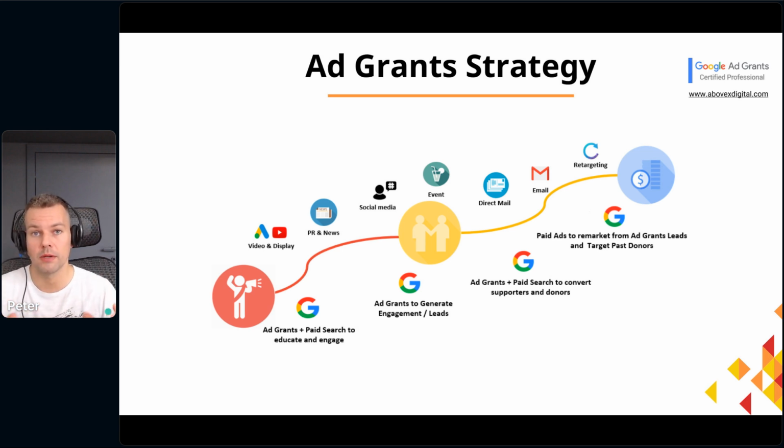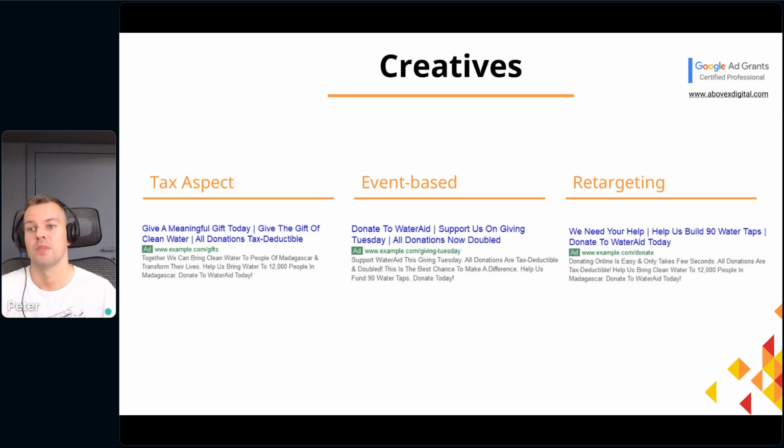We need to reach out to those people, especially on those days like Giving Tuesday, last days of the year, Christmas, etc. Right? Those are the days when we need to use retargeting heavily, reach out to all those people who visited your page in the past, and basically say, now is the right time. Please donate, support us, help us do this and this and this next year, etc. Right? So you can see here, these are the three stages. There should be different channels and different campaigns, and use different stages to really be successful here.